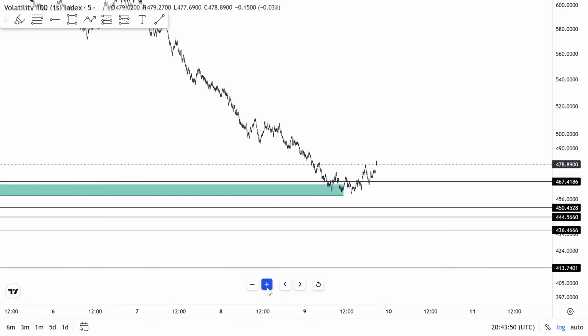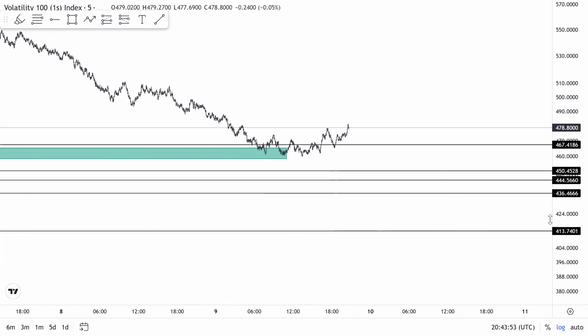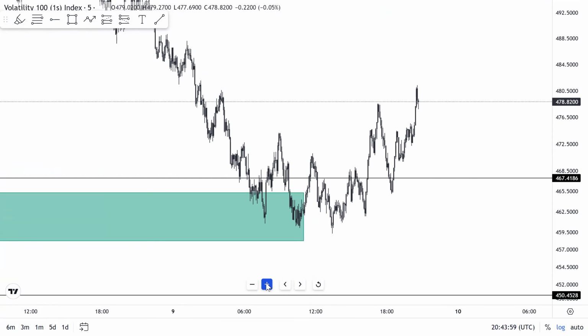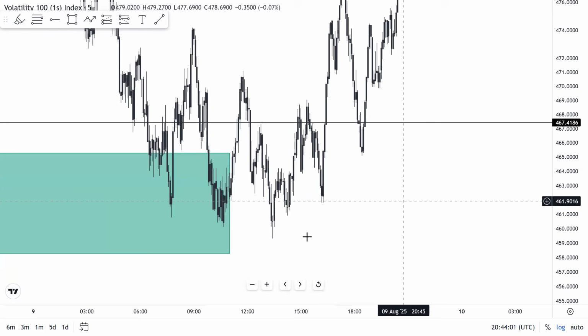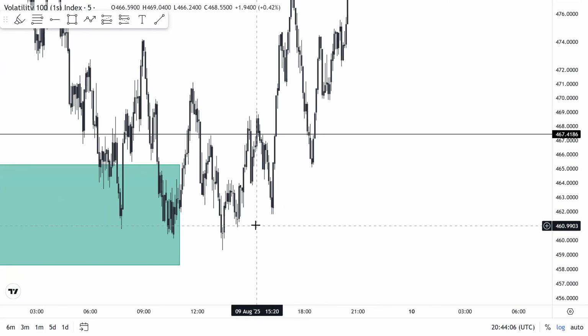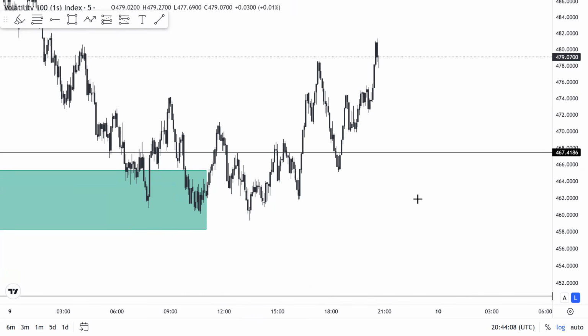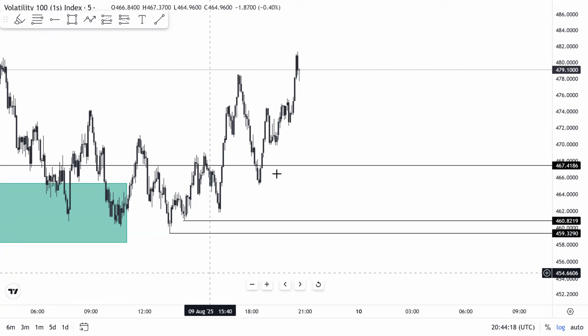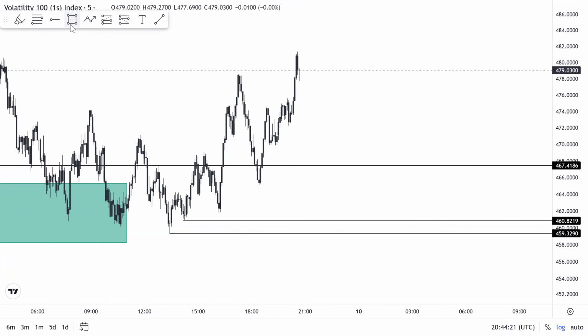Always take your time to understand structure. Once you can understand structure, I promise you this thing is going to get easy for you. Okay. So now what do I have right now? I have a sweep of this low, break of structure. Now price didn't come back to take out this. Price might still come back in the future to come and take out this low, but you can see where the price is actually buying from right now on the 5 minutes time frame. So this was happening currently on V100S.